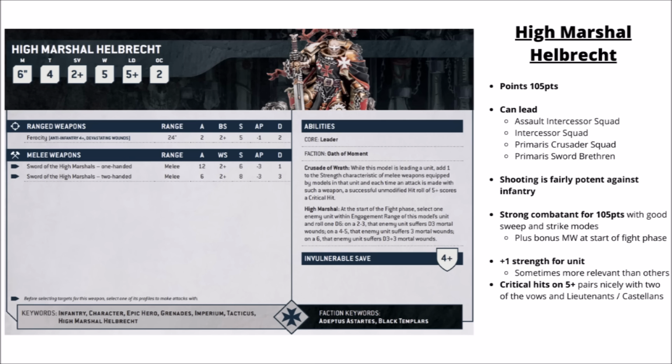Beyond that though, at the start of the fight phase, he punches the enemy really quite hard with a bunch of mortal wounds. You get to roll a dice for one enemy unit. Usually you'll get either D3 or 3 mortal wounds before the fight's even begun. Pretty powerful to be able to threaten to smash a Terminator or something before he's even rolled the dice for